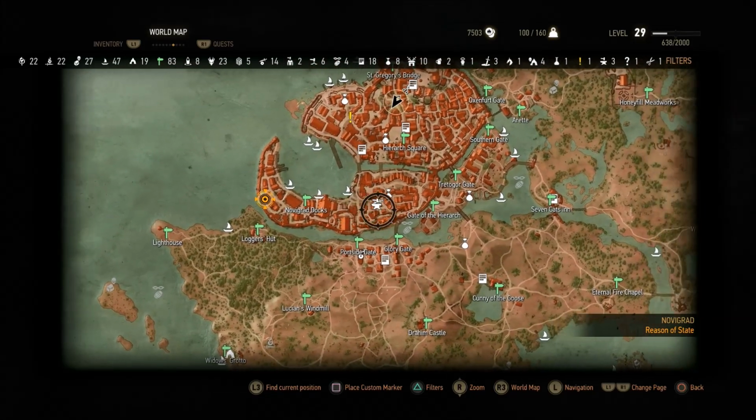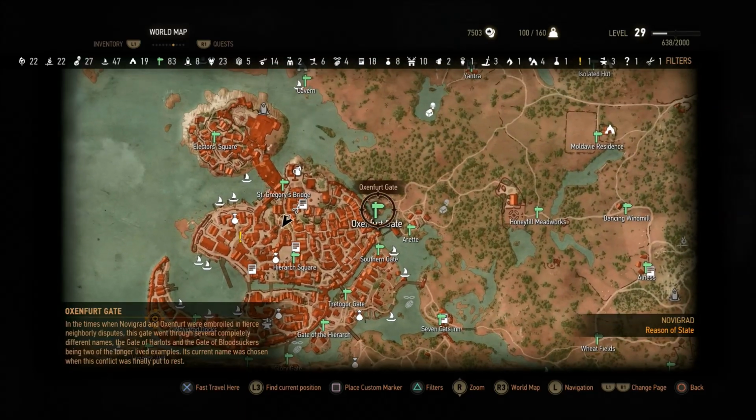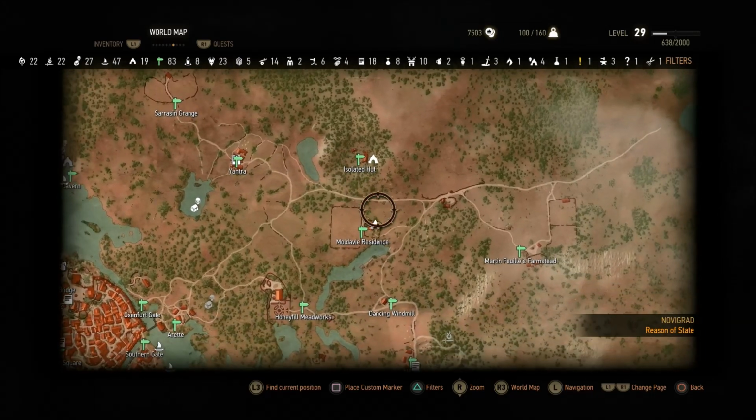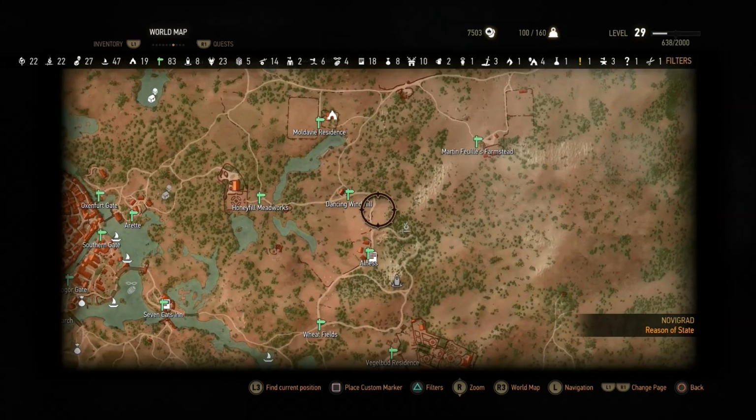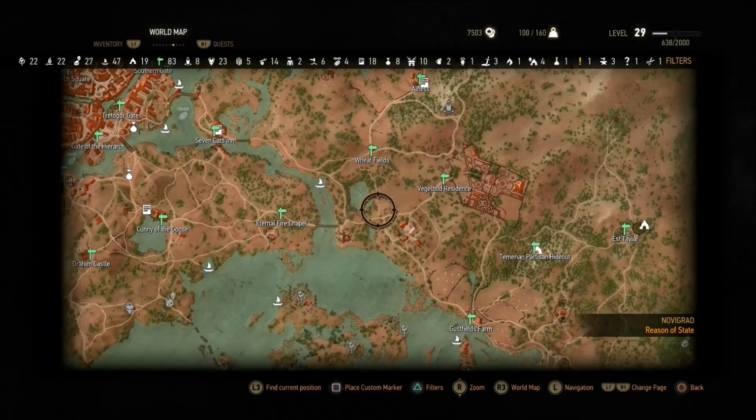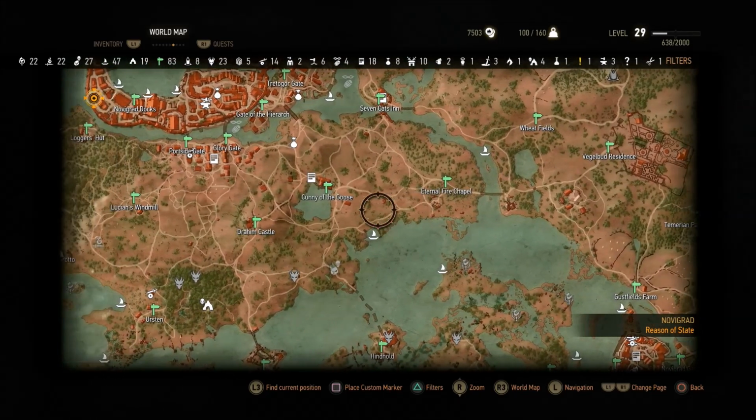Again, blacksmiths will play you. Herbalists will play you sometimes. Here are some checkpoints, some fast travel points you can go to. Now, Velen and Novigrad, you want to go through with a fine-tooth comb, and what I